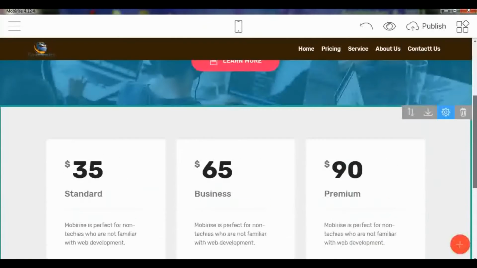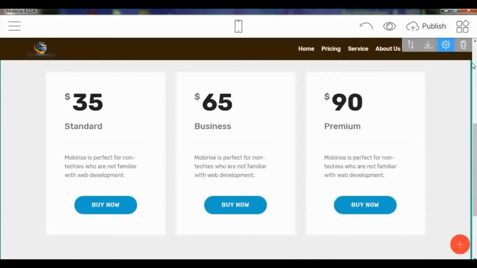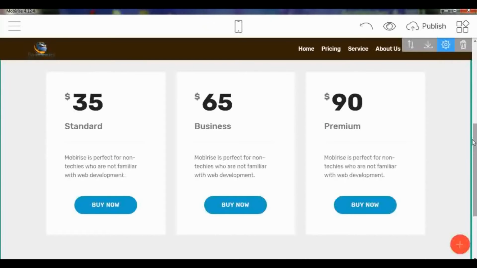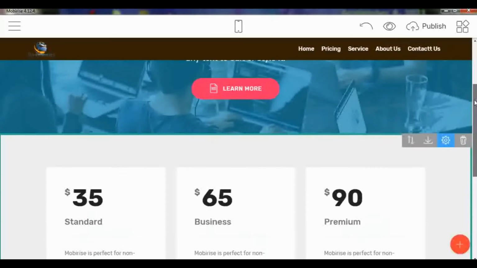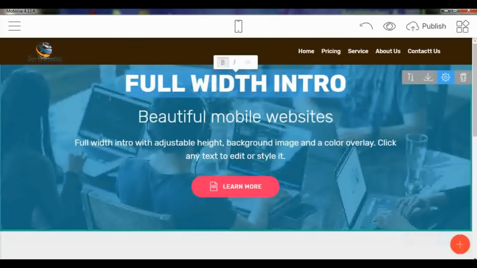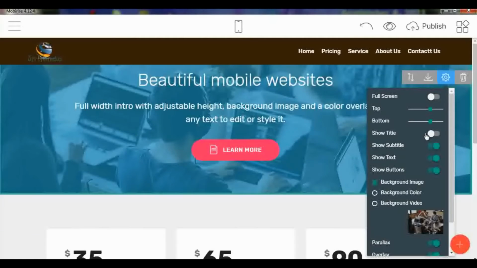So this one is our pricing. Now our pricing page is this. As you may see, we sell services. Let's say maybe beauty, or maybe website design, whatever they do, so now we sell that. I don't need this intro here, so I'll click here and remove that show title. Then this one will remain.